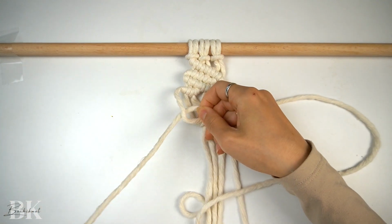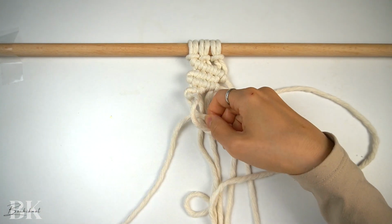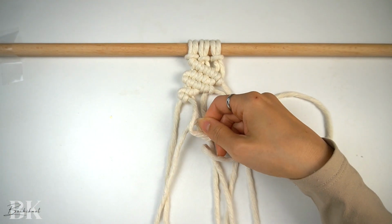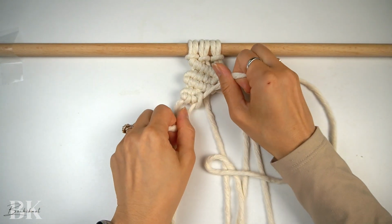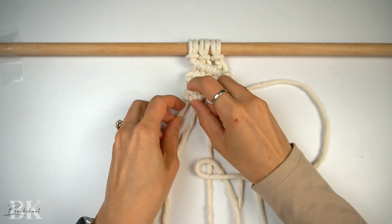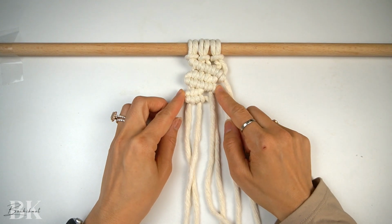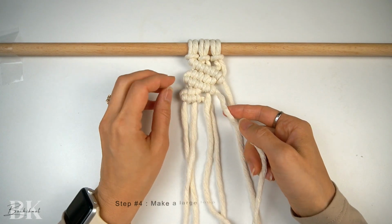And then back over to the right for 2 double half hitch knots. And now that part is complete, we're going to use the same